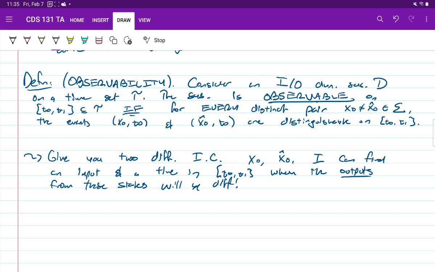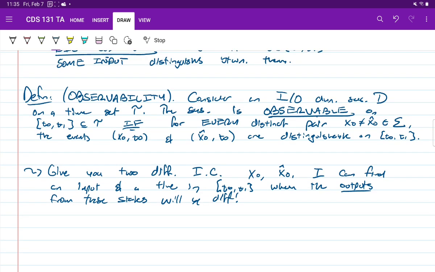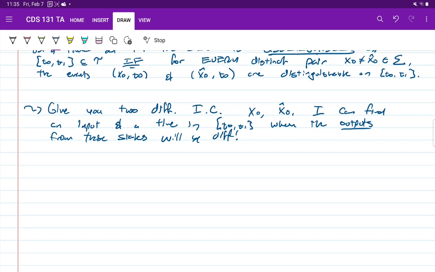Okay. So with that said, I just real quick want to talk about observability for abstract time invariant systems, and then after that we'll talk about state space representations in particular. All right? So it's a kind of nice consequence of time invariance that if we're observable on one time interval, we'll be observable on a shifted version of that time interval. Okay? So I'm just going to state that as a proposition.